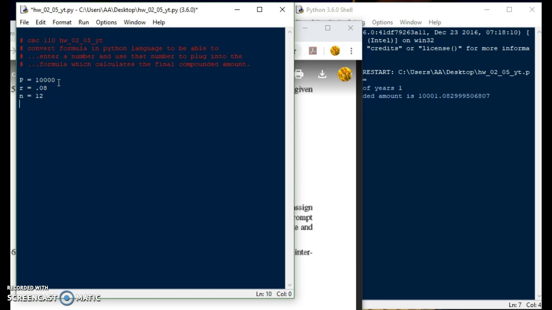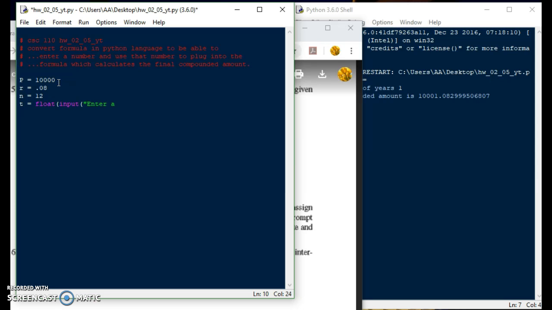And so for T, it will be where a user can insert an answer for the number of years, which is used with the input command, and then float merely is for the decimal output and the exponential part of the value. So I would put T equals float, parentheses input. This is where I will ask a question for the user, which is, well, not really a question, but a statement: enter